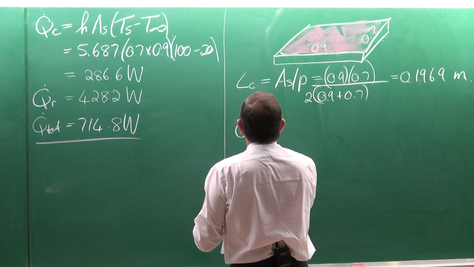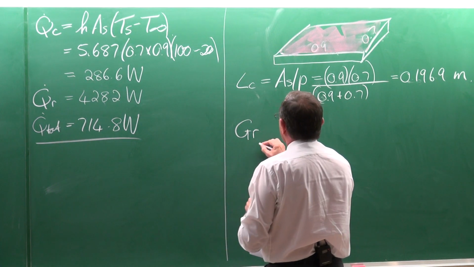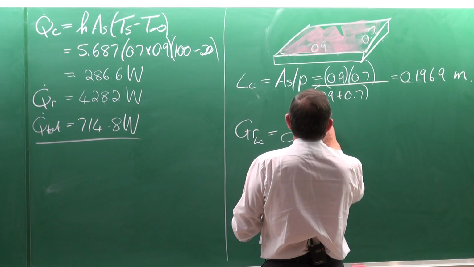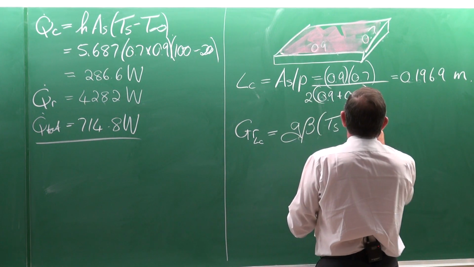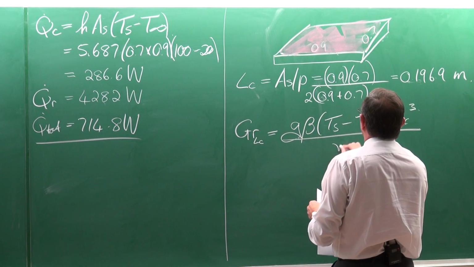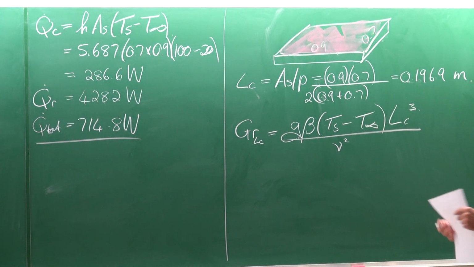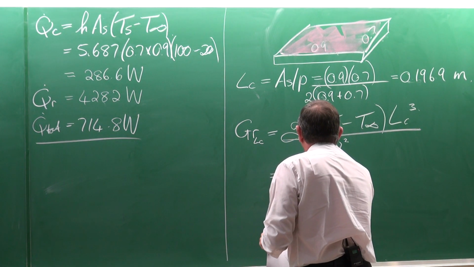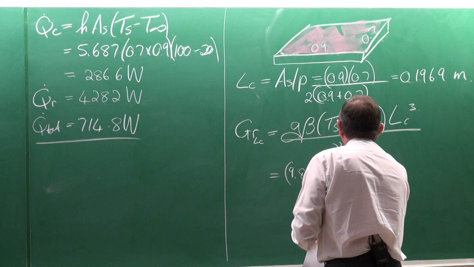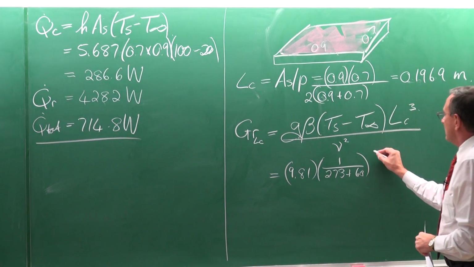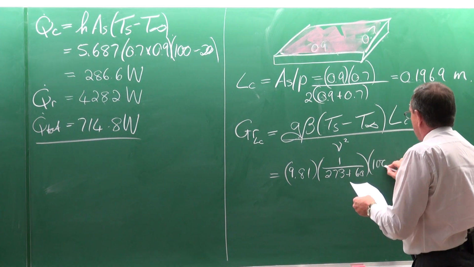We need to use this now to calculate the Grashof number based on the characteristic length. That is equal to g beta (Ts minus T infinity) multiplied by the characteristic length to the third, divided by the viscosity squared. g is equal to 9.81. Beta is 1 divided by (273 plus 60). The surface temperature is